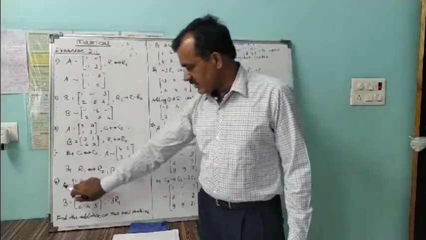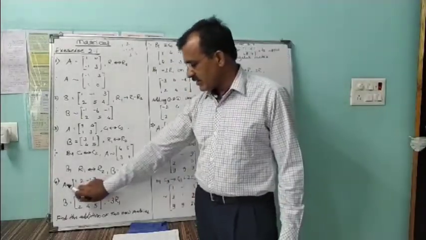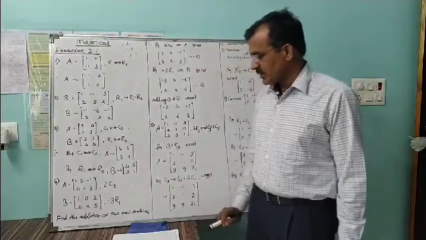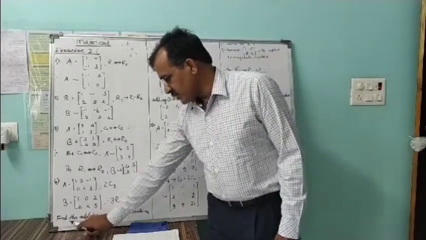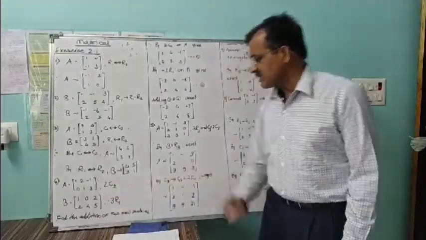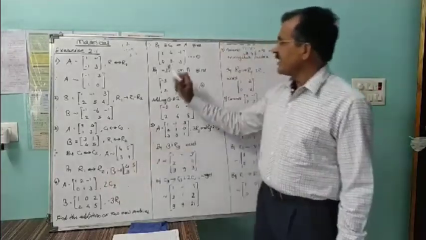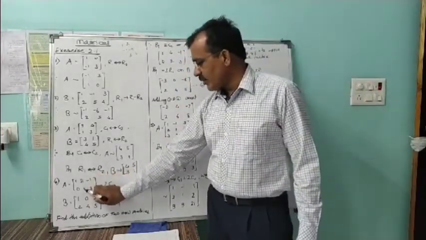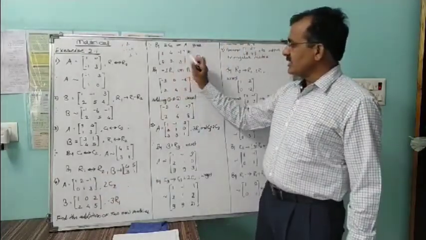Let us use example 4. In example 4, here also we have given A and B matrices and 2 operations on each of the matrices, and the answer is to get their addition after these operations. So let us use the first operation, twice of C2 on A. Twice of C2 on A means the middle column, the second column of A, is to be multiplied by 2. No change on the first and third column of A.